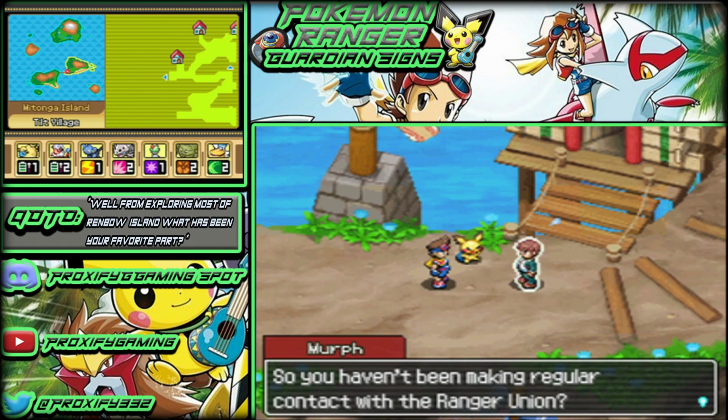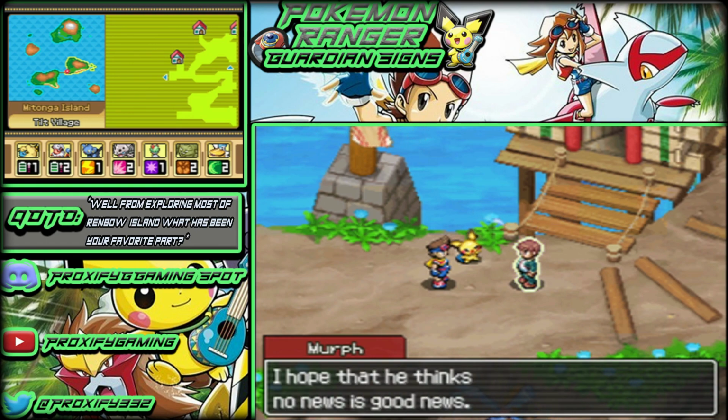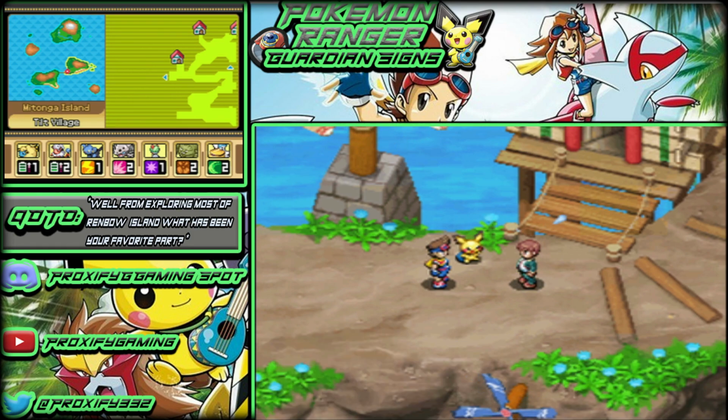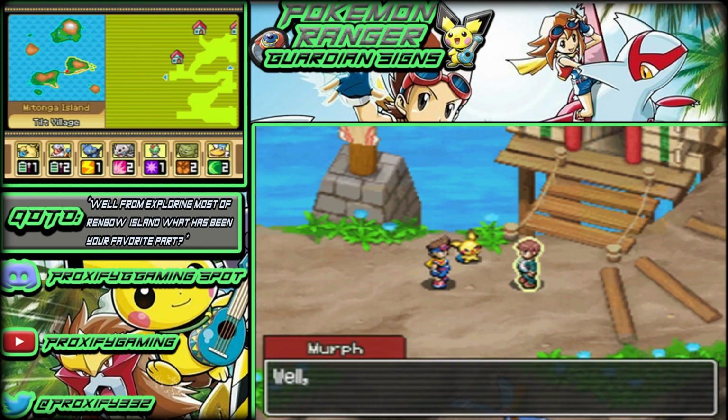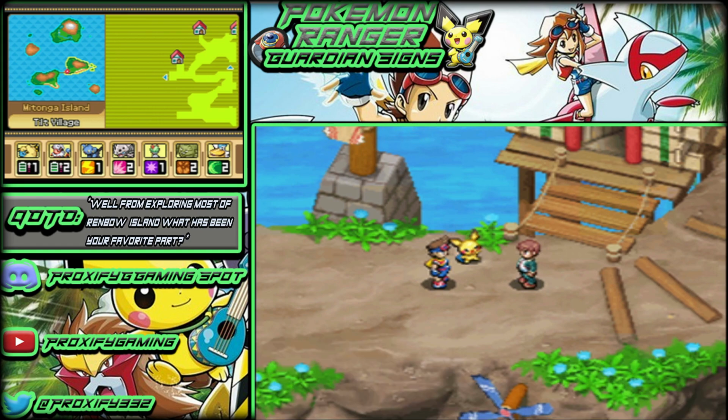So you haven't been making regular contact with the Ranger Union? Professor Hastings is probably worried. Well, I hope that he thinks no news is good news. Yeah, hopefully. Well, I guess it can't be helped, but it would be nice to have the Ranger Union's advice. But with my experience and the three of us working together...